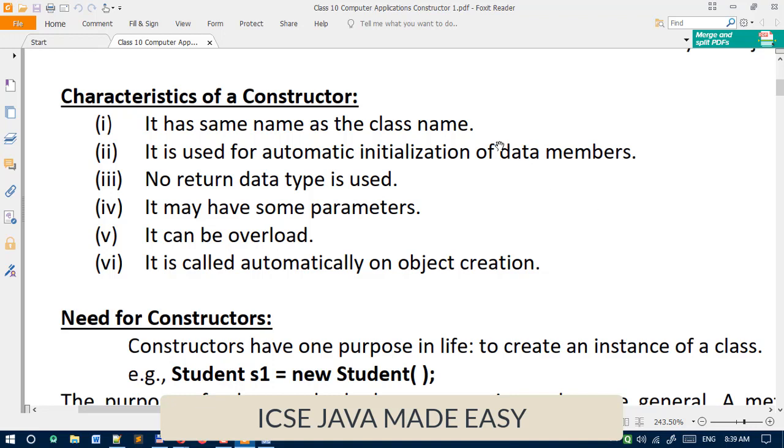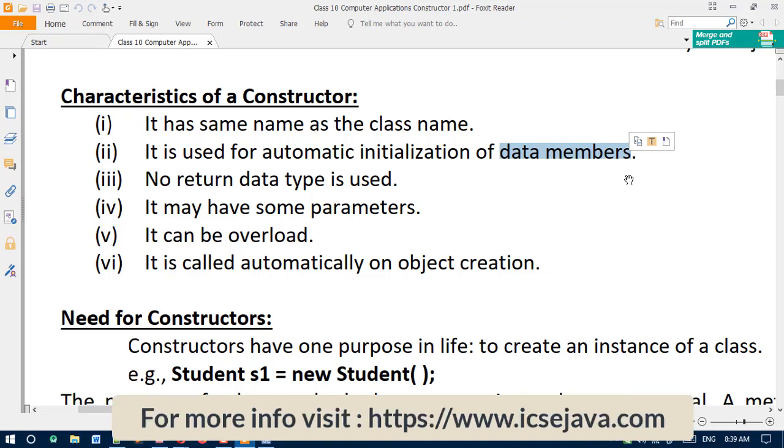One thing keep in mind, data members means variables which we are going to define inside a class. So with a constructor we can initialize all the data members, that means variables.